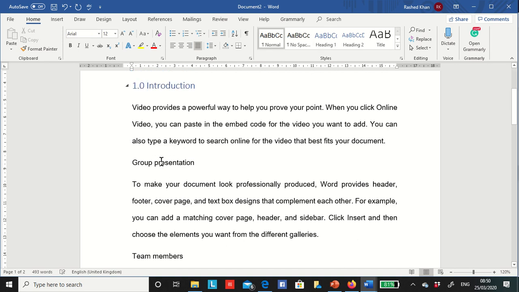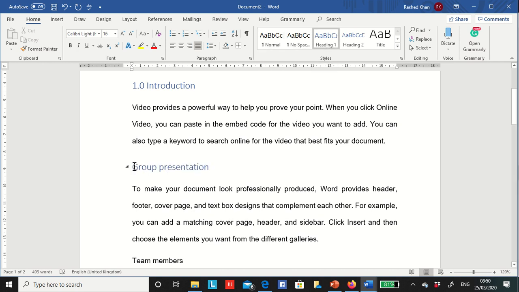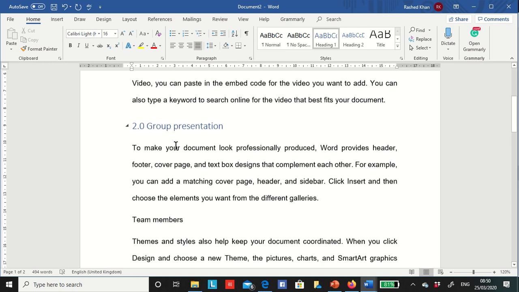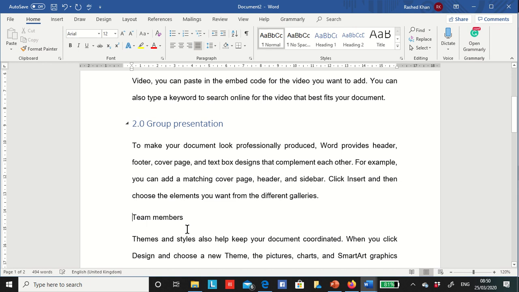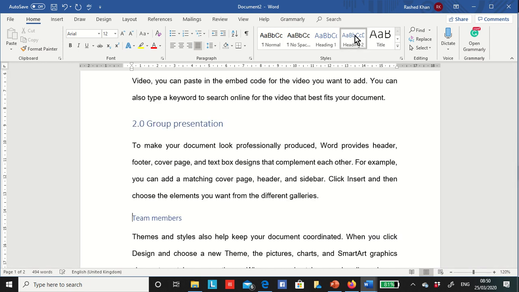Then the second one is a main heading again, so select heading 1, and give the number 2.0. Now under this main heading, team members is a subheading, so this will be heading 2 and the number is 2.1.